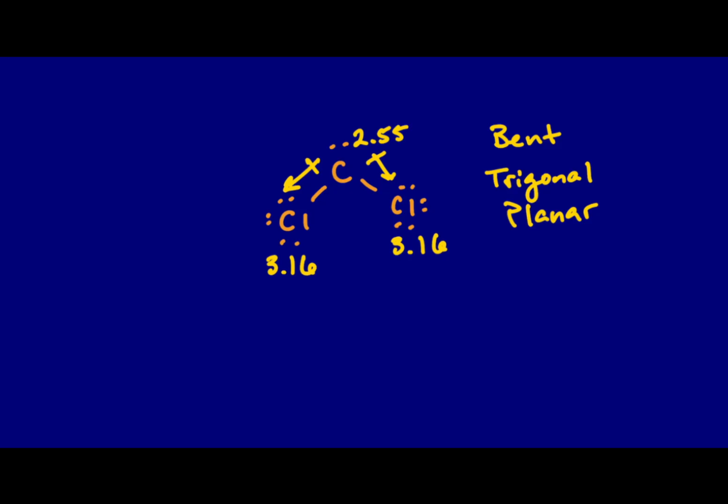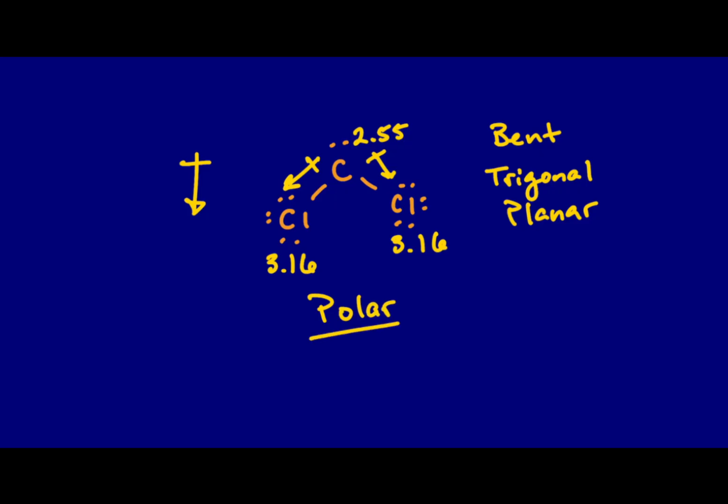So our net dipole is actually going to be in the general direction of where the individual dipole arrows are being represented, right? So the chlorines are going to give us the more electronegative region, and then carbon is going to be the less electronegative region, so that we have a dipole overall going in the downward direction towards the more electronegative elements. So because of that, we would consider our compound here to be polar overall. So this is our first example of how we can use molecular geometry to determine the molecular polarity based off of bond dipoles. So if we look at beryllium dichloride,